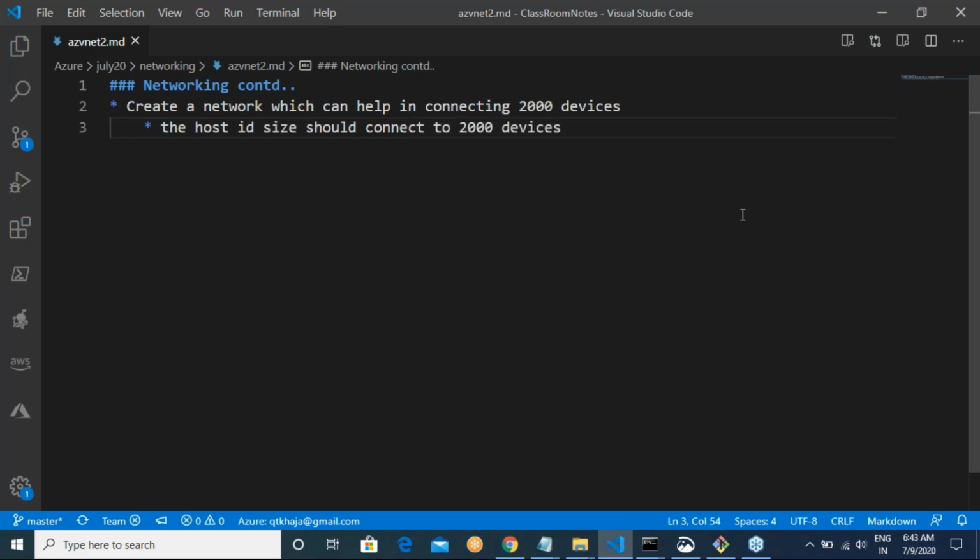Do you agree with this statement? We have the network ID and the host ID, and the host ID part should allow us to connect 2000 devices. Do you agree, or is this statement confusing?